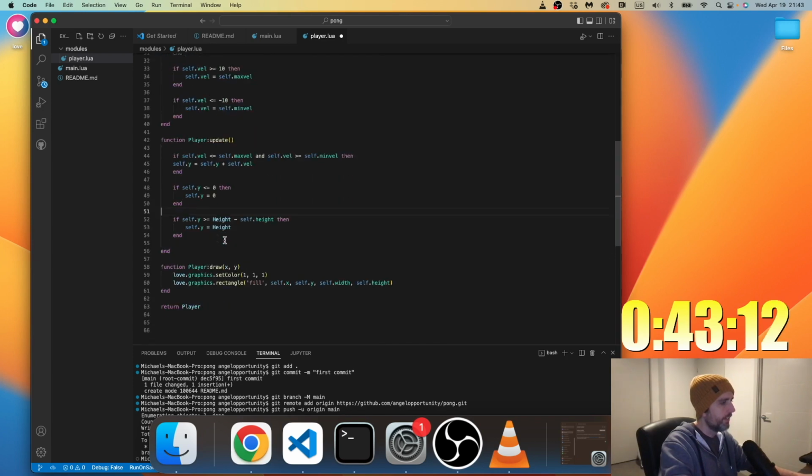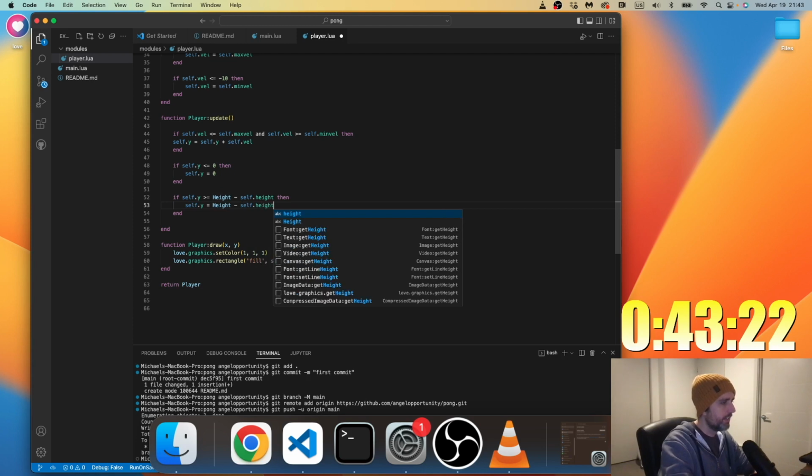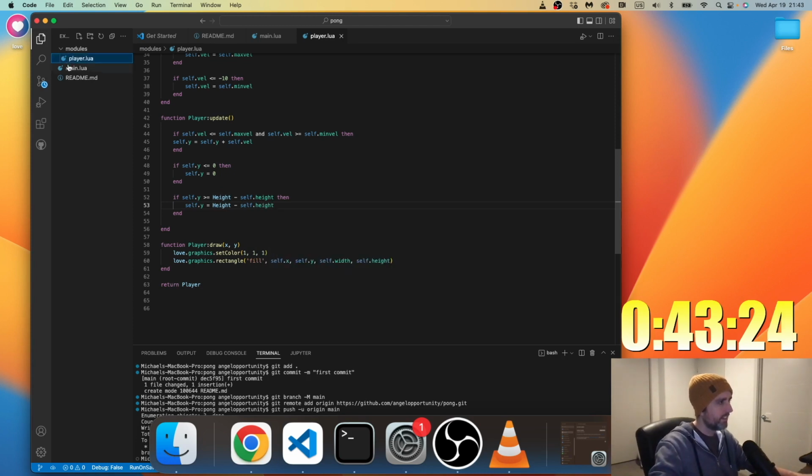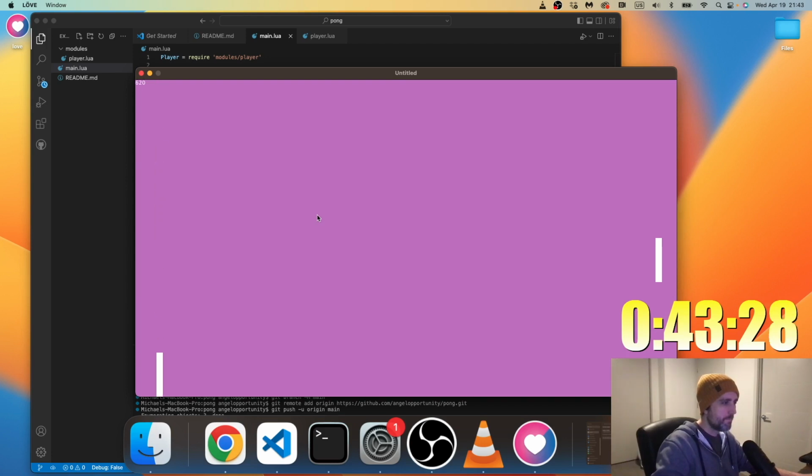Self.height, yeah. Then self.y equals height minus self.height, I think. Okay, yeah, cool. All right. So the paddles are working. Now I need the ball.